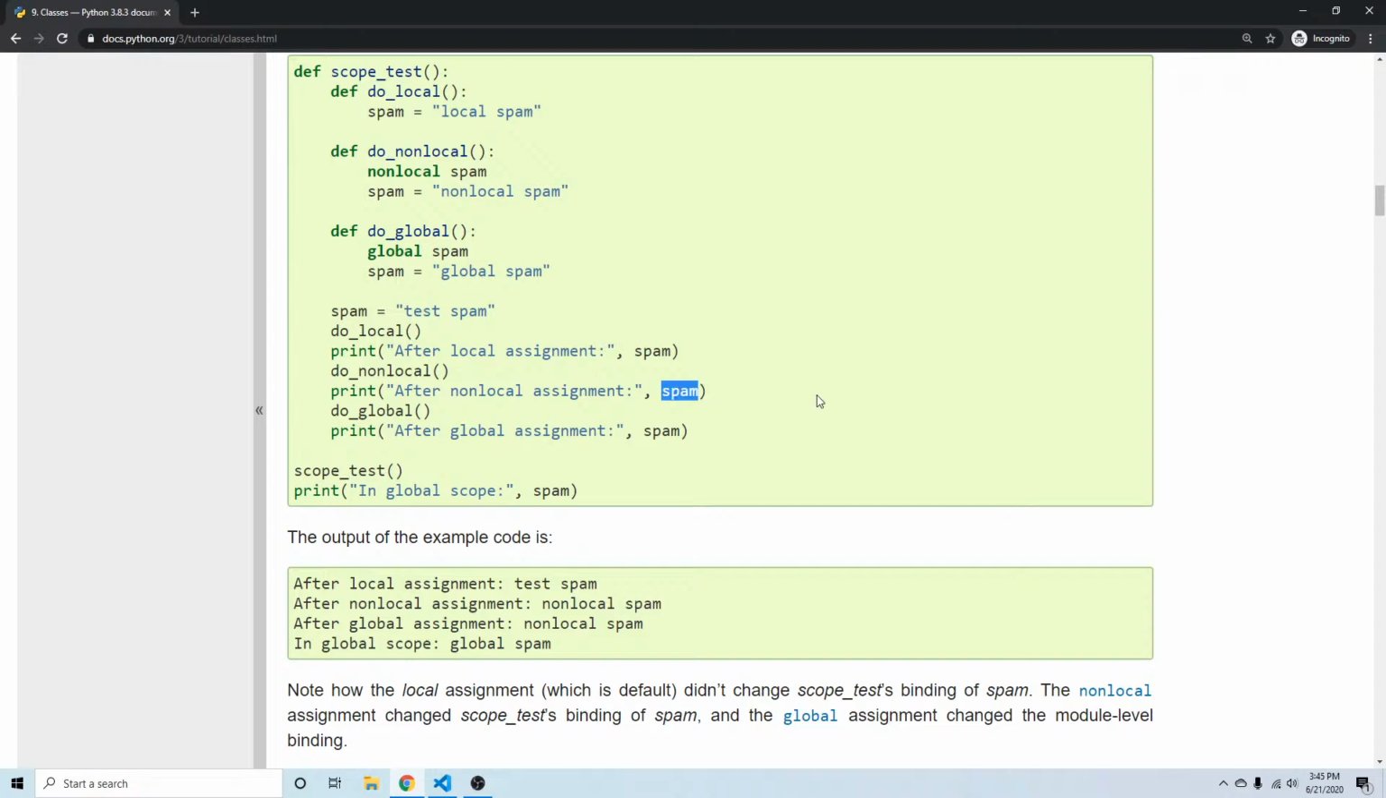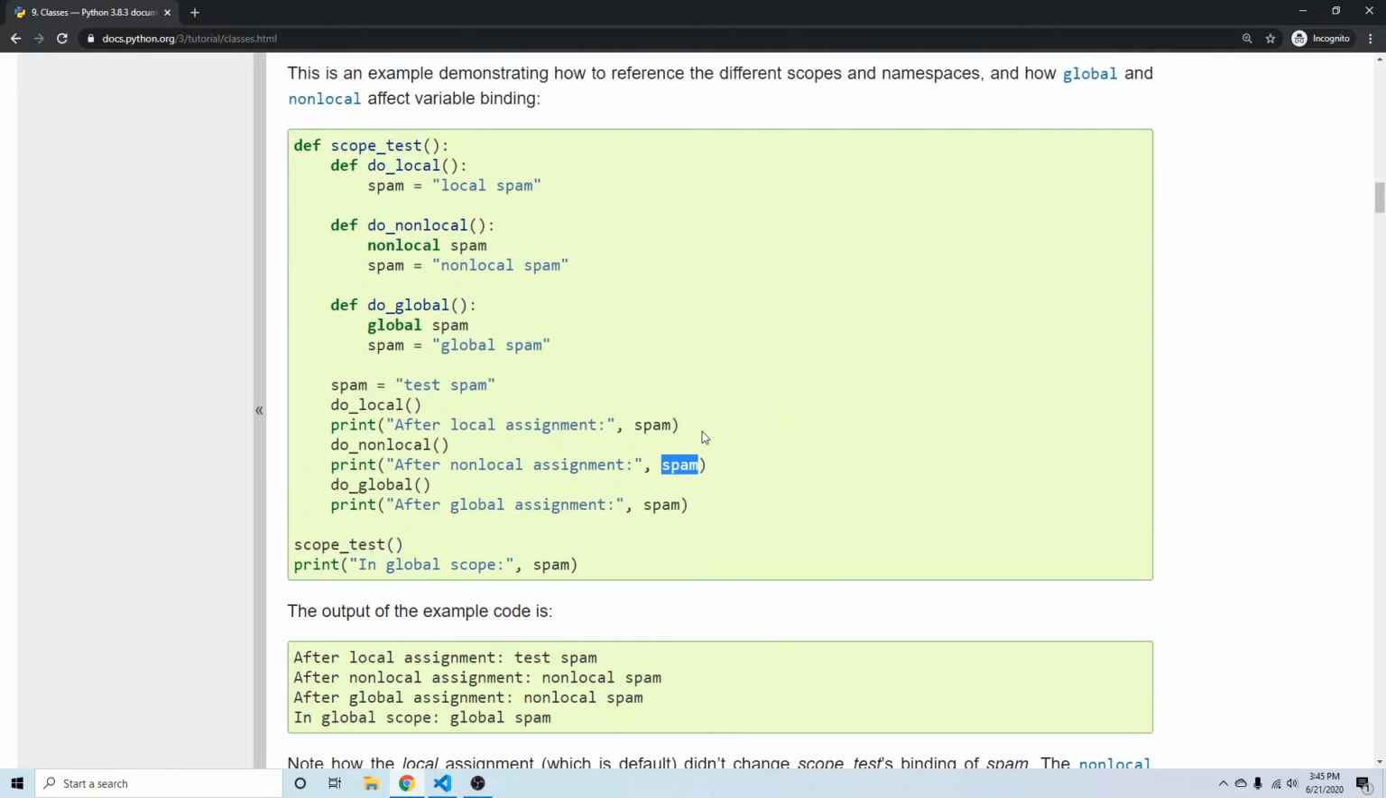It's a little confusing. There's a lot going on here, and they use a lot of names very similarly, so it's hard to kind of follow all this through, but hopefully we're following along. Do global. So now we've called all of this so far, and we're going to do global. And it's going to print after global assignment spam afterwards. So what does do global do? We'll go in here and look. Global spam, right? So spam is equal to global spam. Would you expect this to print out